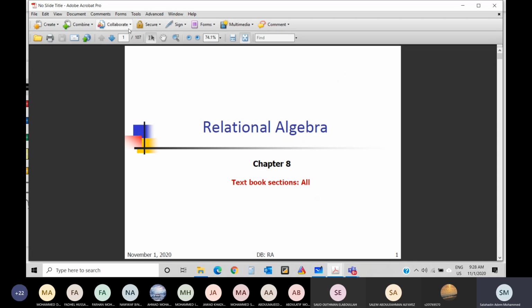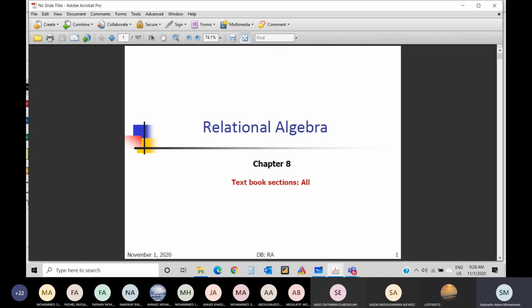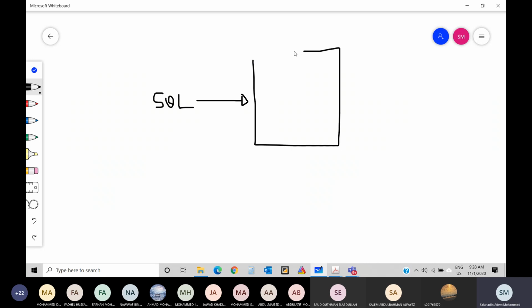Now let me tell you a little bit about the advantage of relational algebra. Quickly, this is just one advantage. When you write an SQL statement, your SQL statement goes to the RDBMS, to the database management system, isn't it? You remember DBMS, or did you forget? Hopefully you still remember. You're going to use it now in phase number 3, DBMS. Then you will get an output.